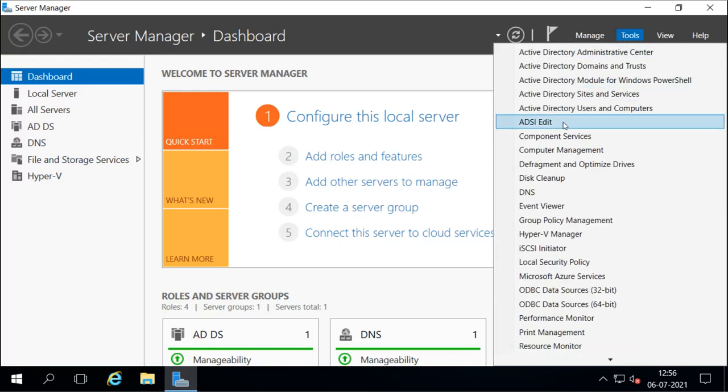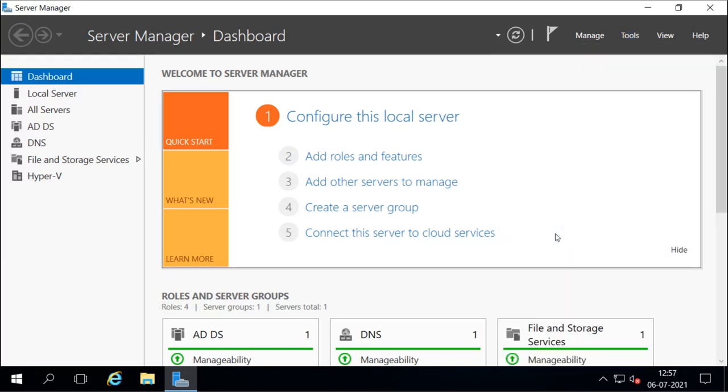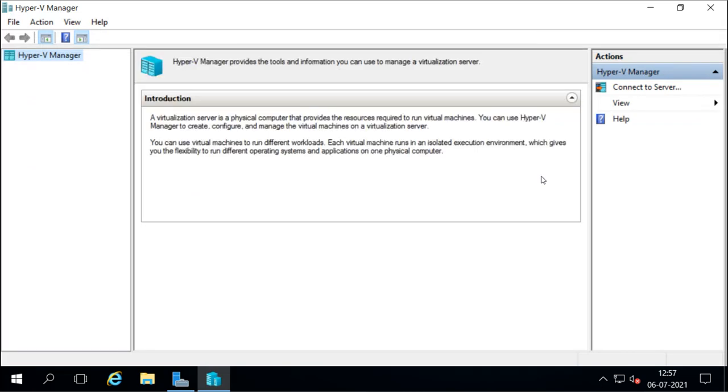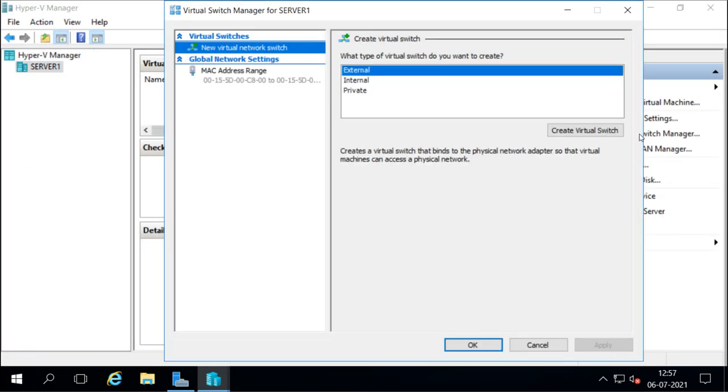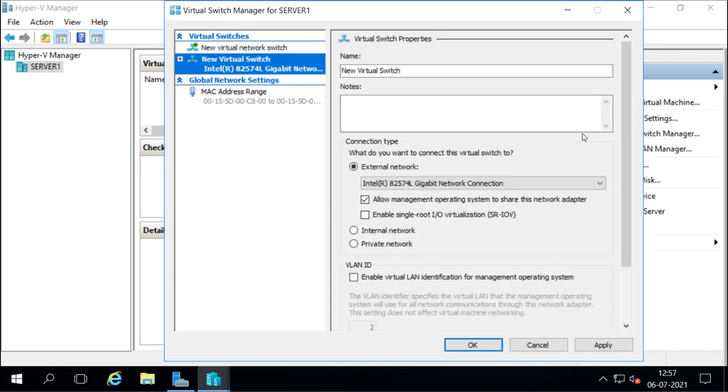Okay, so the container feature we have already installed, and the Hyper-V role is already there. So first we will create the virtual switch from this virtual switch manager, because the containers which we use are going to use these virtual switches for the connections.